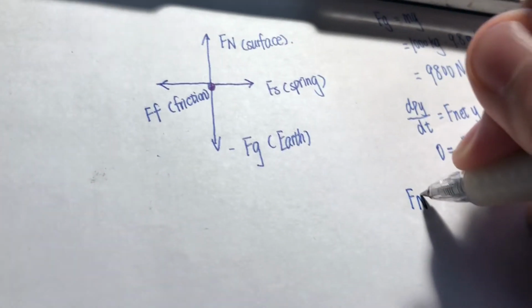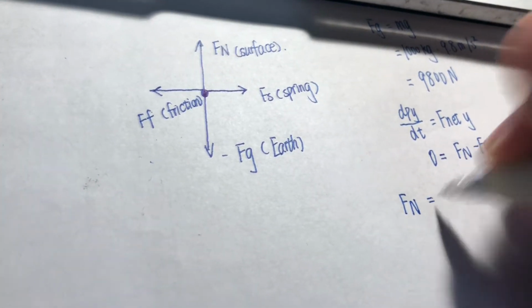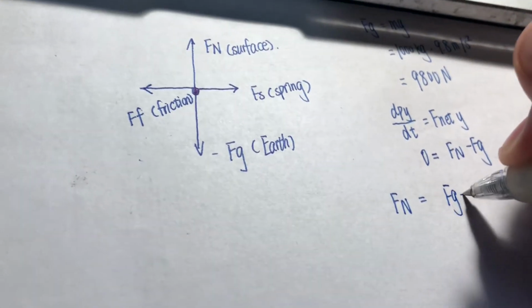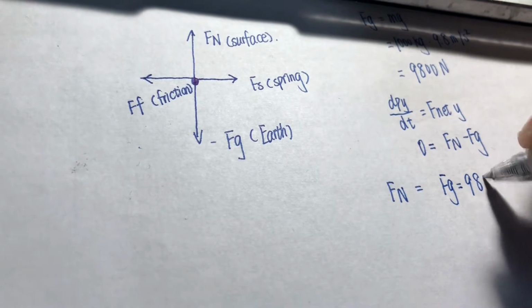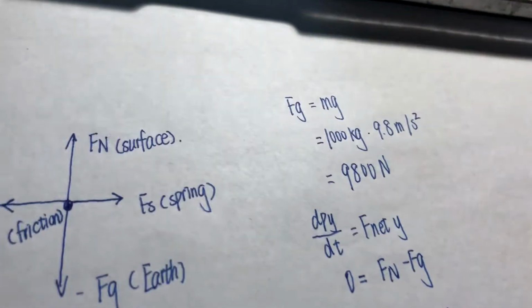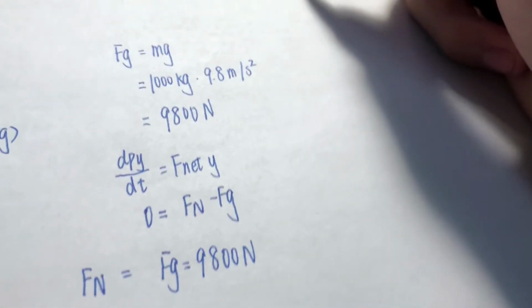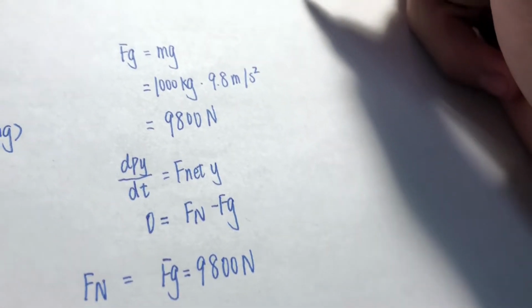So Fn equals Fg equals 9800 newtons. And then we use this normal force to calculate the friction